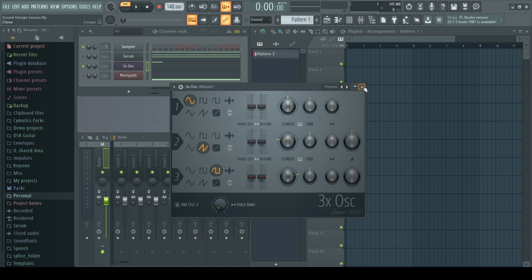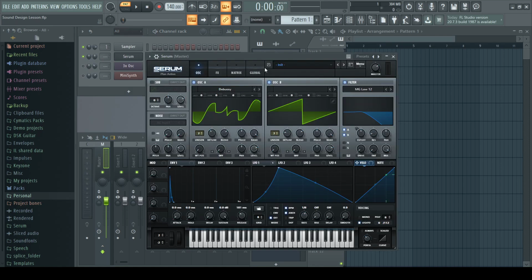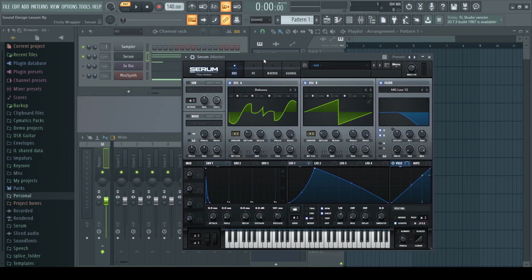Some other plugins we can use. This is a paid one. You can either purchase it or rent it. I'm doing the rent plan, which is a bit cheaper, but it gives you a lot more control in sound design. It's called Serum. And here we get to adjust a lot more controls. So if we were to listen to just what it is right now,